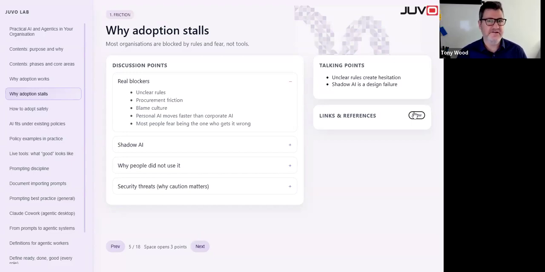I spend a lot of my time working on that. I'm head of lab at Juvo Lab, where we look to implement all of these tools with a scalable, solid methodology, a solid method that we can work with. And within that, I'm sure with the Juvo team, we've gone through a lot of these blockers. Some people will say, I'm not going to allow you to put ChatGPT, Gemini, whatever, anywhere near my data because I don't want it stolen. So there's a lot of unclear rules.